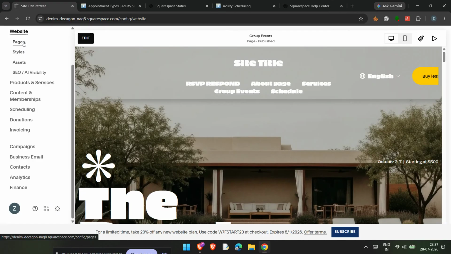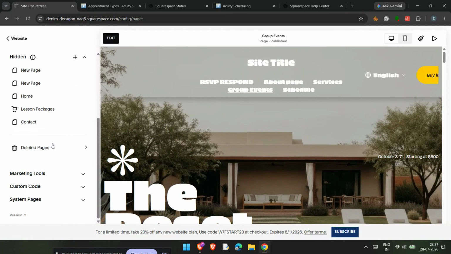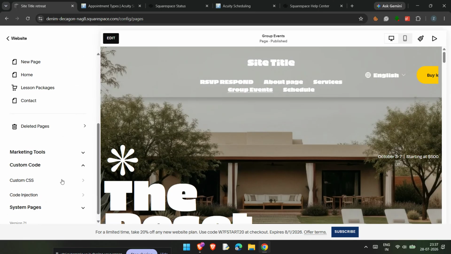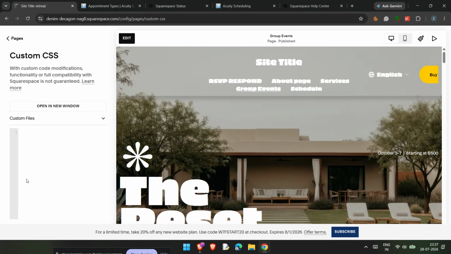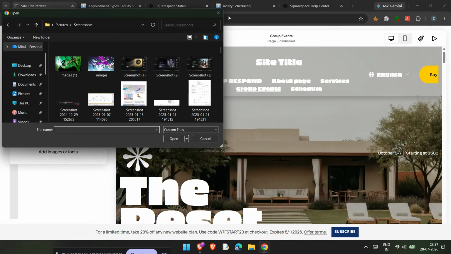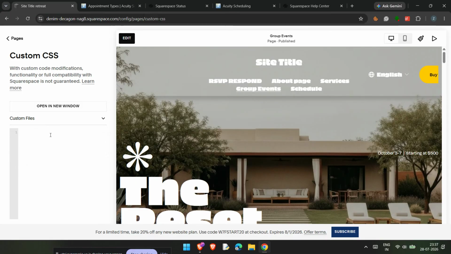After that, scroll down until you find the Utilities section. Under Utilities, click on Custom Code, then choose Custom CSS. This is the area where Squarespace lets you add your own styling code to change the appearance of your site. Since we want to replace the desktop navigation with a hamburger menu, this is the exact place where the customization